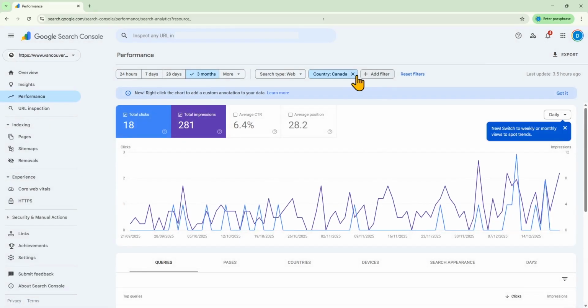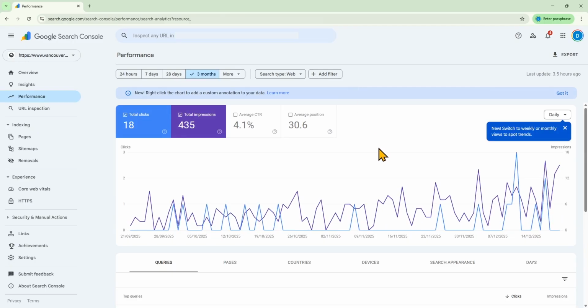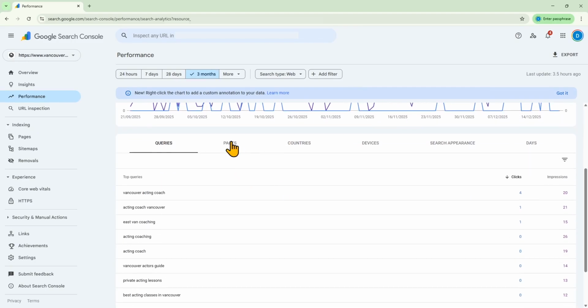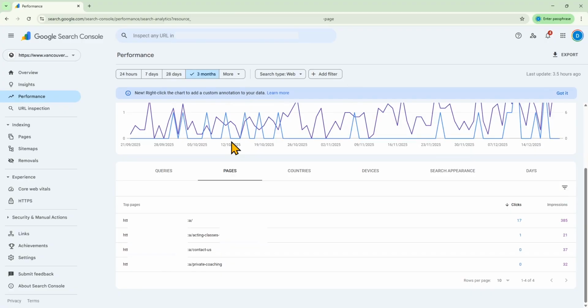I'll just get rid of those filters now. If you click on the Pages tab, so we'll click right here, you can get more insight into the top performing pages for your website. So another example where Google Search Console could be helpful is if you offer multiple services. If you see that one page is getting significantly more clicks than the others, it can either tell you if a service is more worth your efforts and it's working for your business, or if you actually need to improve your website content for your other less popular service to boost its traffic.